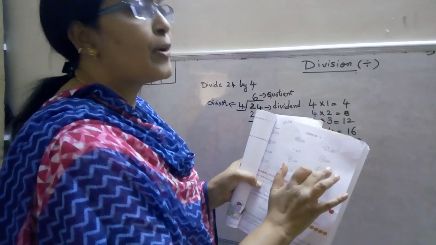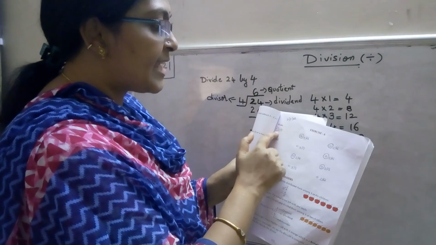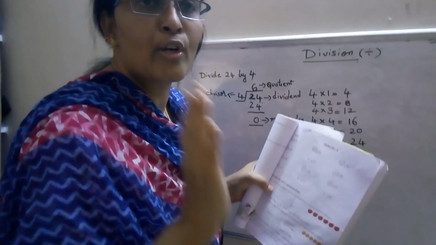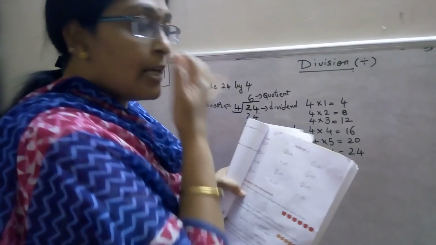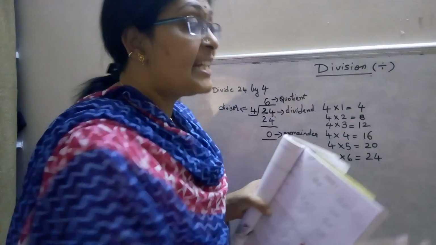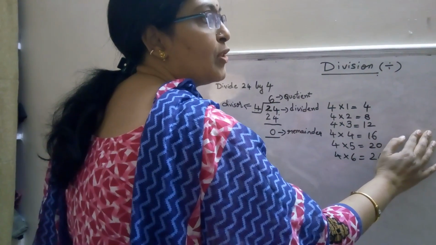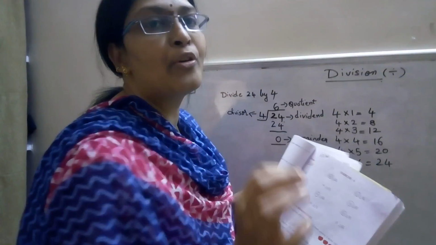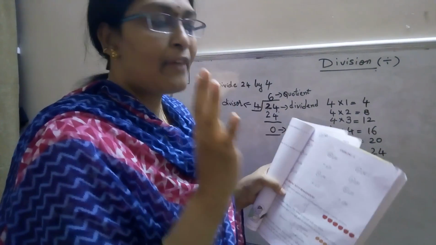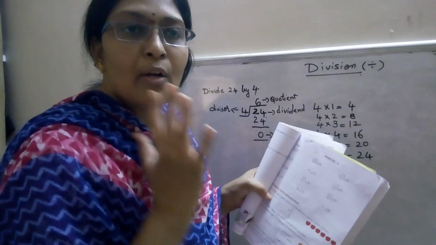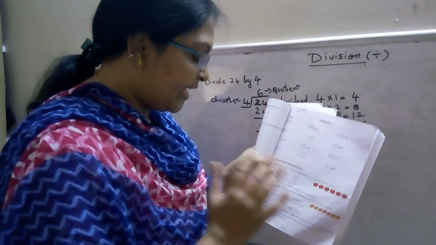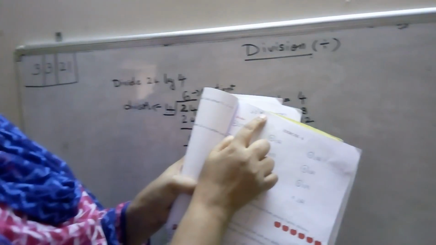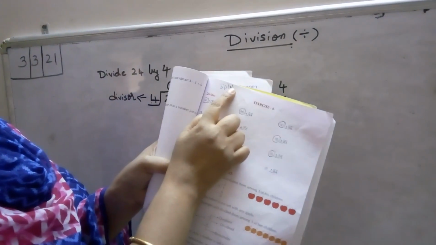All the first 5 problems, that is A, B, C, D and E, should be done in your notebook only. But to make you understand easily, I am going to solve the first 3 on the board. You have to do it in your notebook, and the remaining 2 I will show you how to do in the notebook also. The 5 problems should be done in your notebook only. So all of you be ready. Open page number 111, exercise 6 and write the date and be ready. We will start doing the exercise.